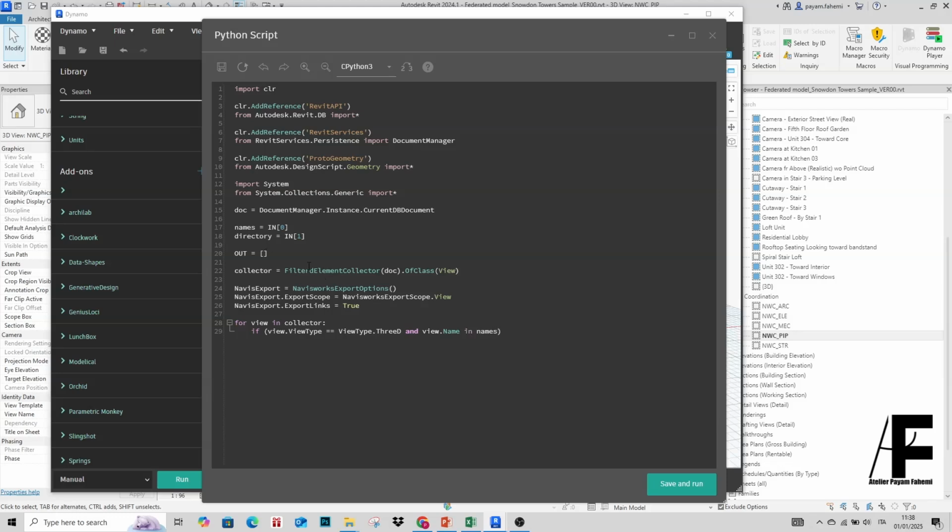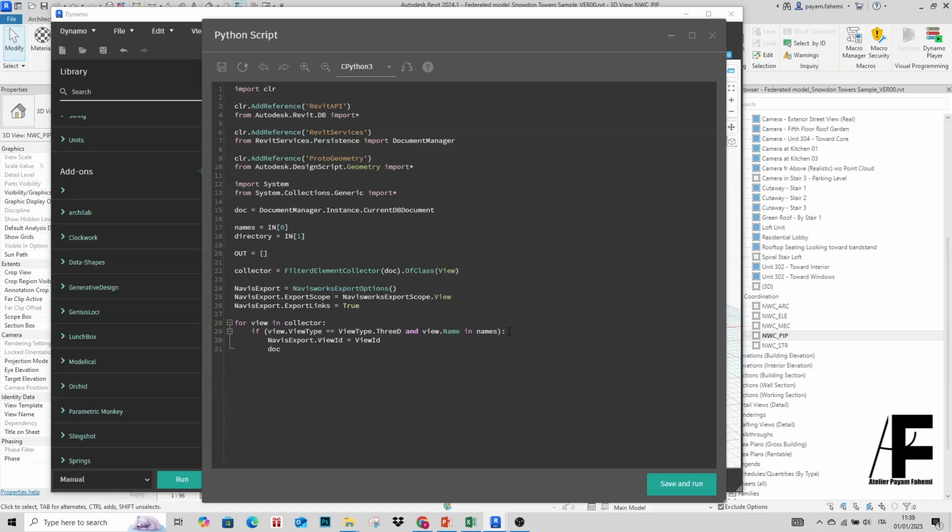Names is the list of the views that we fed inside the Python. Okay, colon, and we are going to set Navis export dot view ID as a parameter, which is view ID,